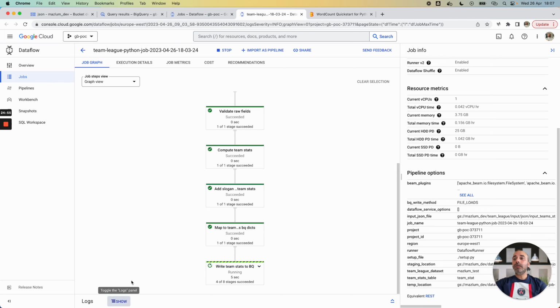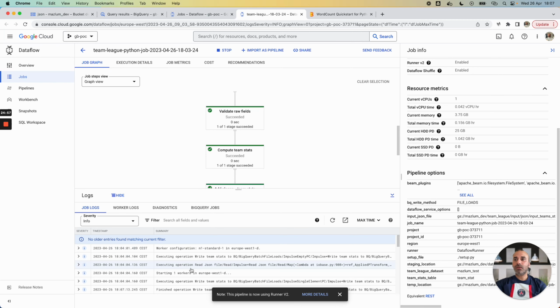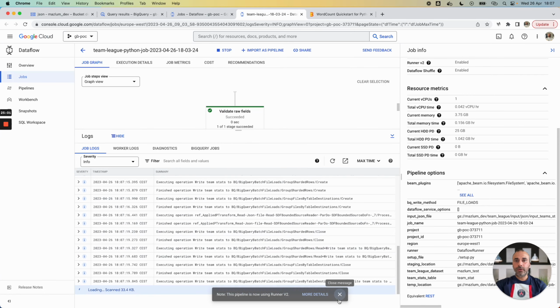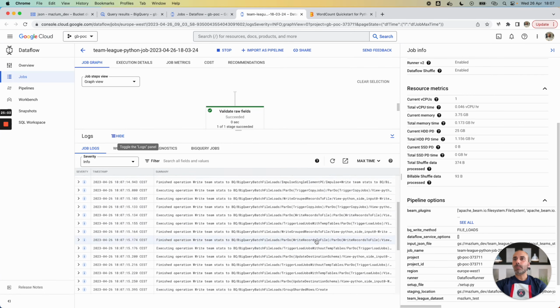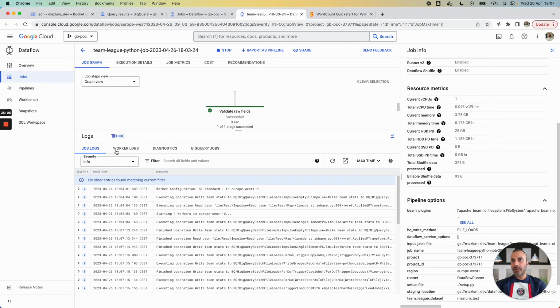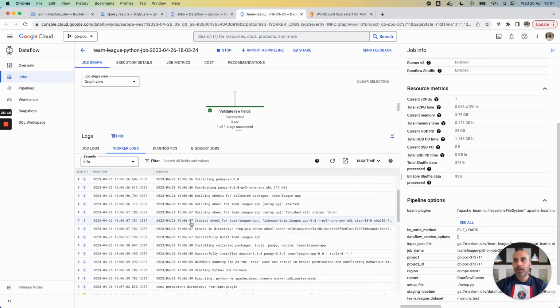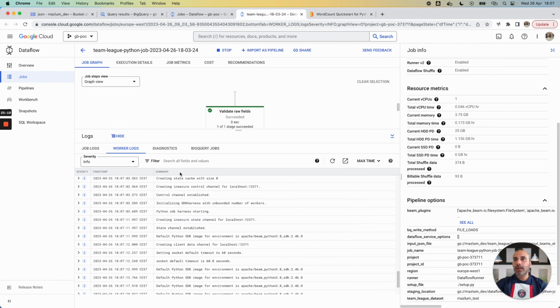With Dataflow, we can access the job logs here. All the logs for the graph are provided. We also have the worker logs. The worker logs correspond to all our IOs and all our transformations. Okay.